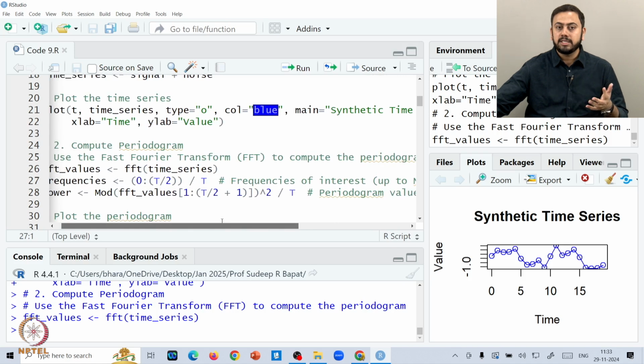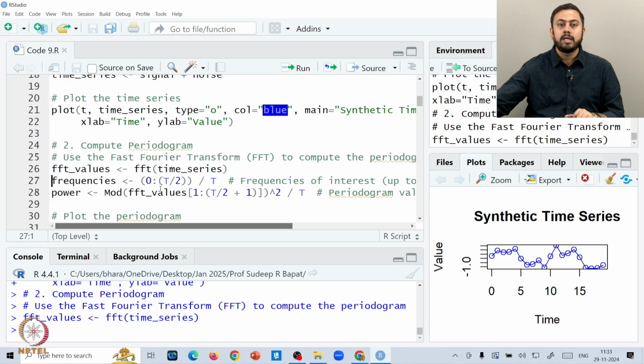So, if the overall time series length is capital T, one should only focus up to half that length, so 0 to T by 2. Then we standardize by T, so my frequencies would be 0 to T by 2, divided by capital T. Dividing by capital T simply standardizes the frequency values.